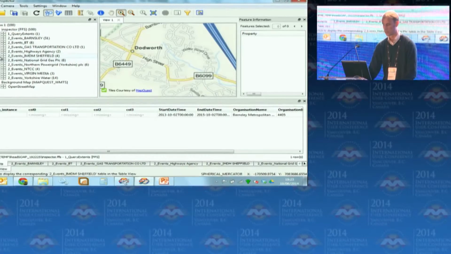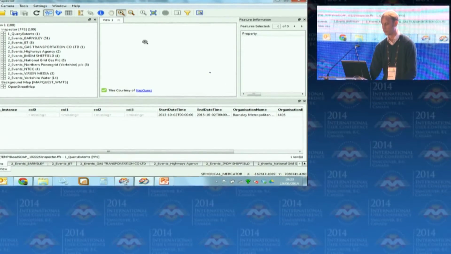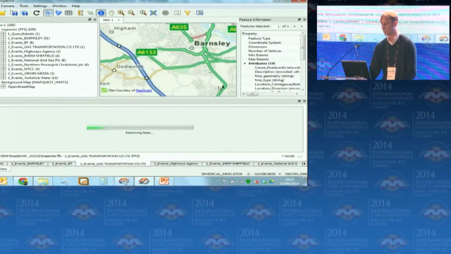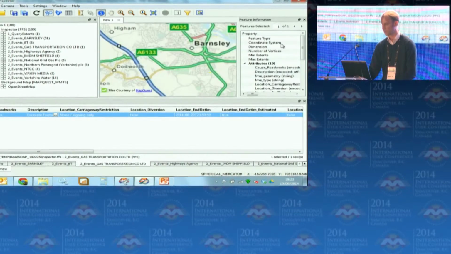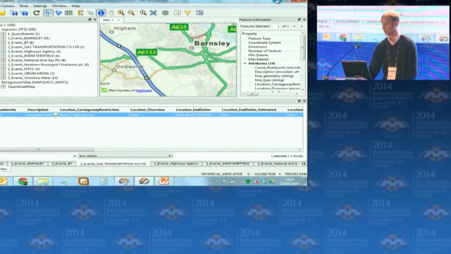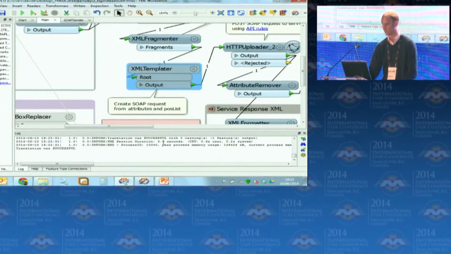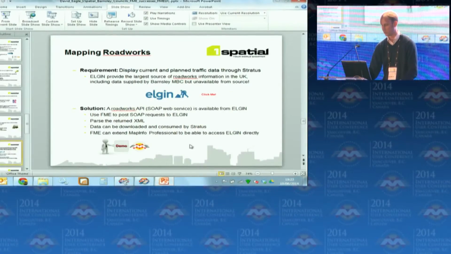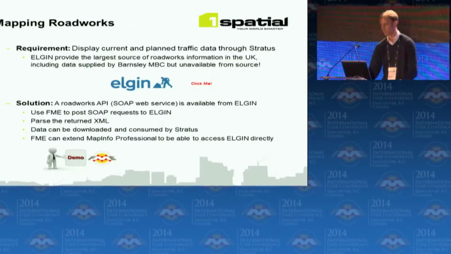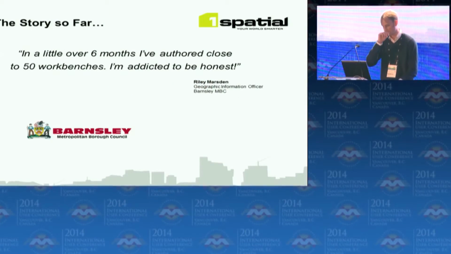So it's a neat little solution for them, and they can view all of the individual geometries that are going to affect the road network and have that as a daily process that automatically runs. So they were pretty pleased with that simple capability to hit that SOAP service.